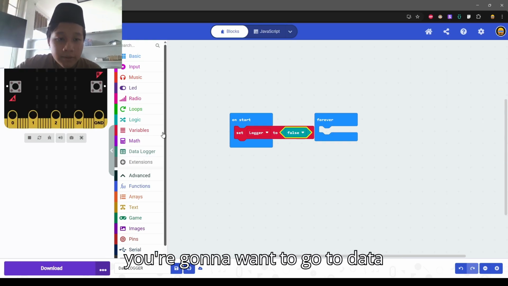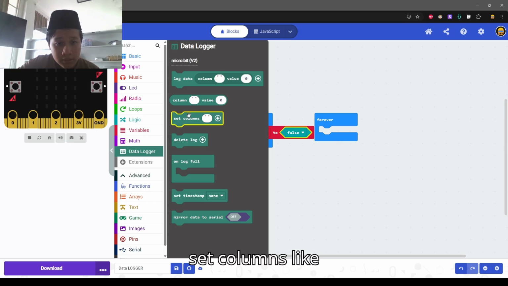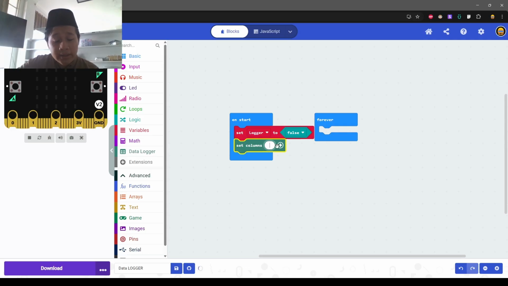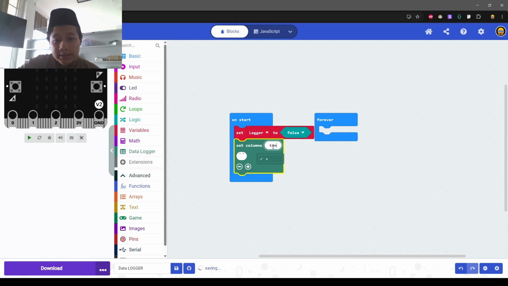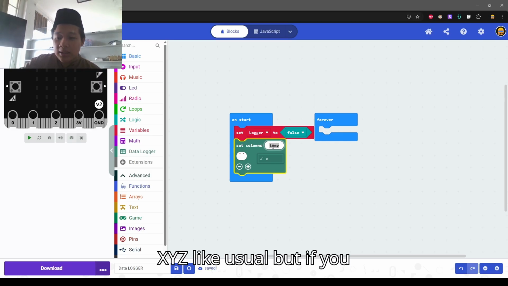And then after that, you're going to go to data logger, set columns. So first you're going to add x, y, z, like usual, for the acceleration.